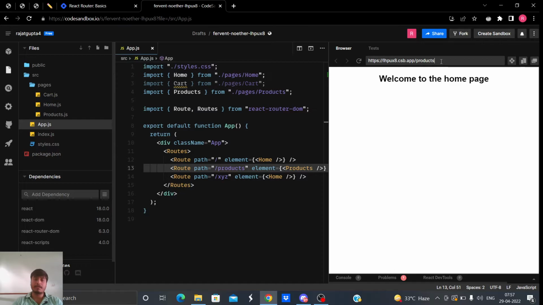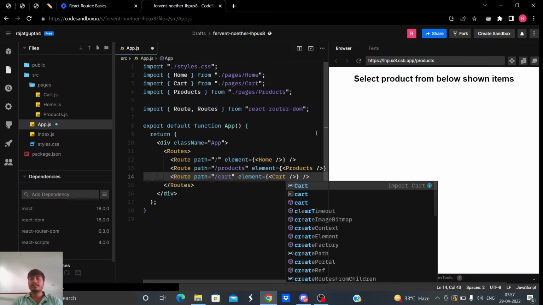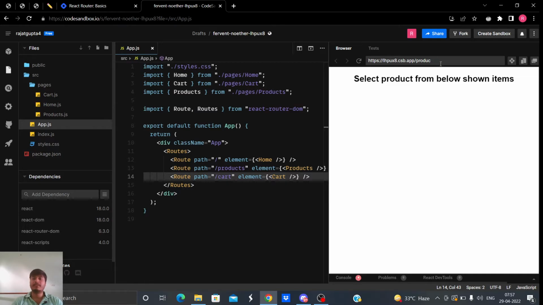If the path is products, the Products component will render. See, select product from below shown items. That's what we returned in the Products component. And if the path is cart, I want the Cart component to be rendered. Now if I do cart instead of products here,